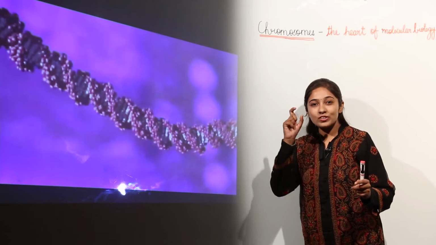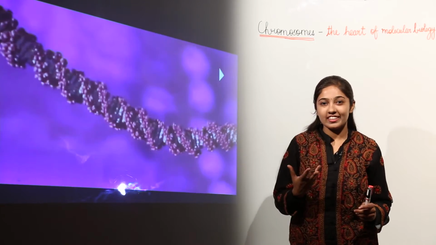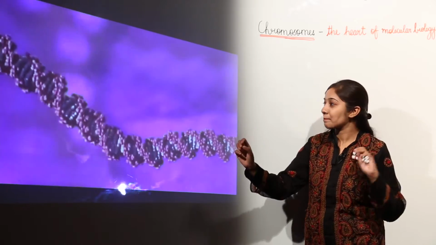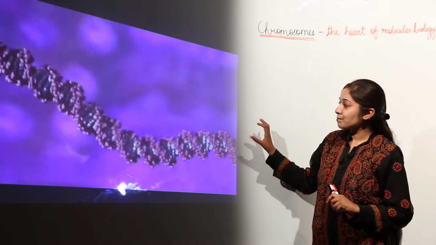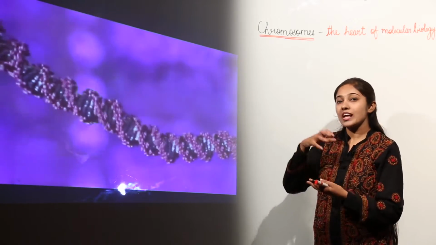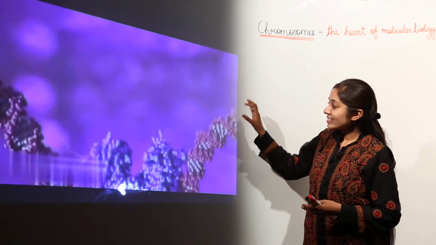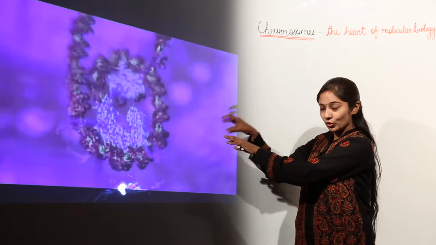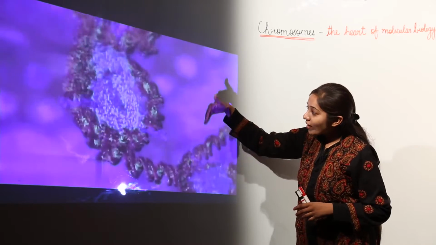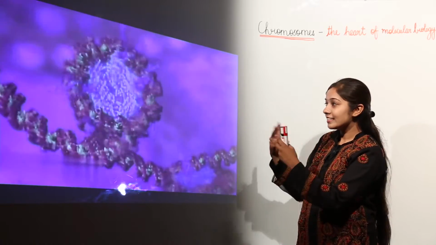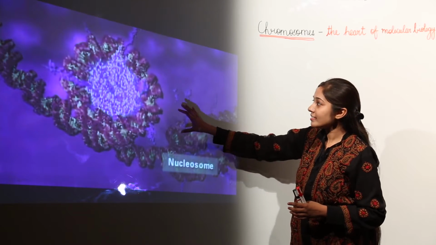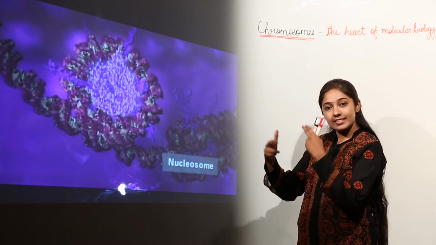Let us discuss how this macromolecular DNA is packed into structures known as chromosomes, the 6 feet long DNA. The DNA is packed in a unit which is known as nucleosome. 6 histone proteins are found in the core of the nucleosome and DNA coils around it. This double helical DNA coils around 6 histone proteins and this unit is known as nucleosome, meaning coiled DNA around